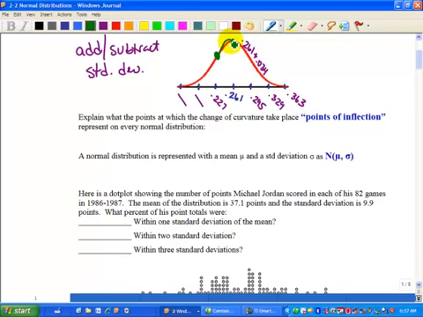Right when it starts to slow down, or on this side, about right there where it starts to slow down. So this is a point of inflection, where it changes its speed. You see that? You maybe want to draw a little arrow up there. The reason that points of inflection are important on the normal graph is because the point of inflection signals to you